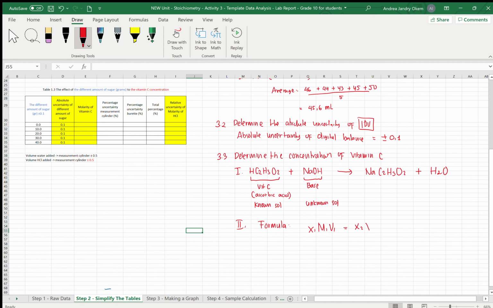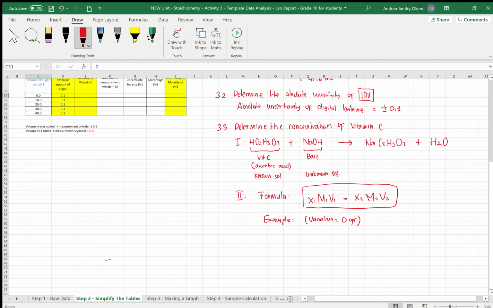The next one is the sample. Especially for the sample, I need to mention, like in the average, for which variable, for which variation: 0, 10, and so on. For me, I just want to take 0. So I will put the variation from 0 grams. After that, we can determine.